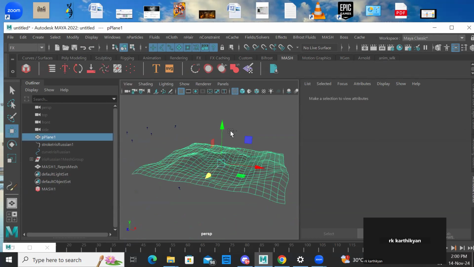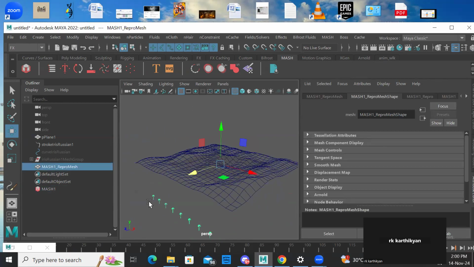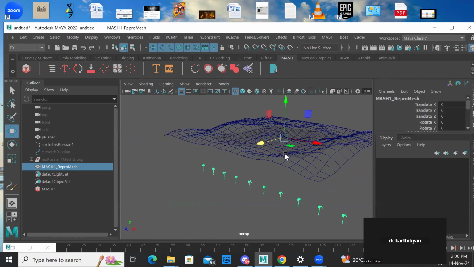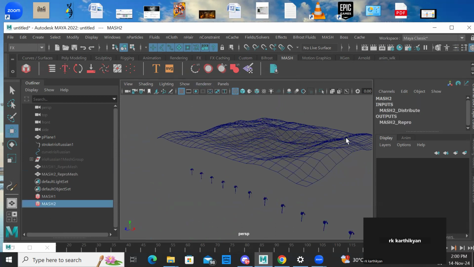Okay, undo this. Freeze transformation is very important. The original mesh need to be a freeze transformation. Then you can apply the mesh, and then